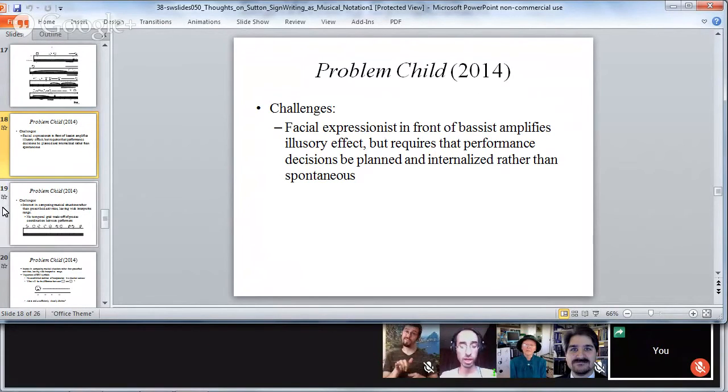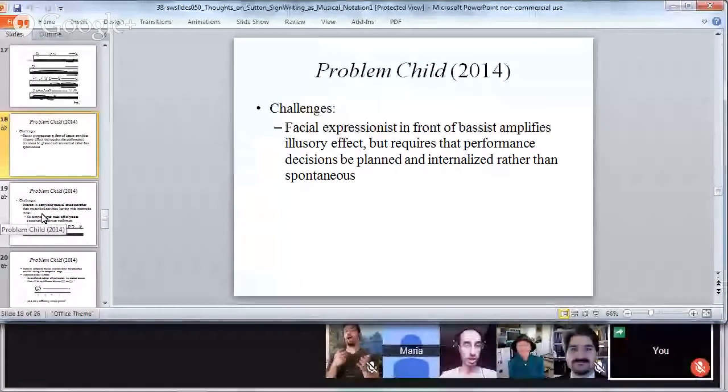So, for example, although I included notes and note heads with different rhythmic values, I didn't include a prescriptive temporal grid, meaning I didn't give people an imaginary time frame for how to divide events in time and count them and sequence them, which can leave open a very wide range of interpretations for pace and phrasing and form. And the potential trade-off for this is the loss of the illusory effect achieved by precisely coordinating the articulation of the sounds and the facial expressions.